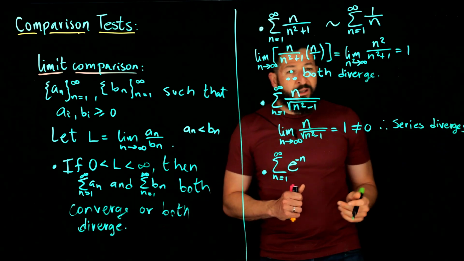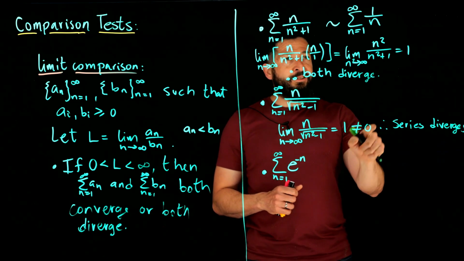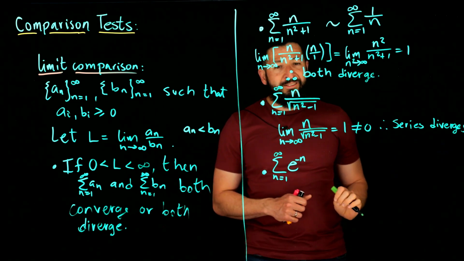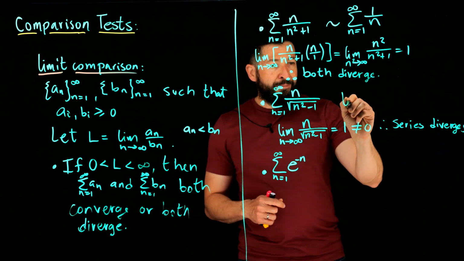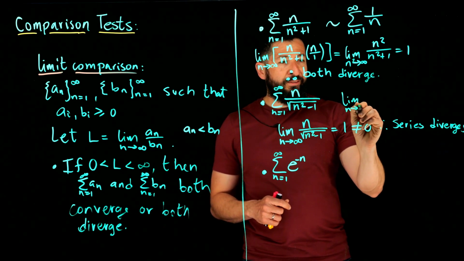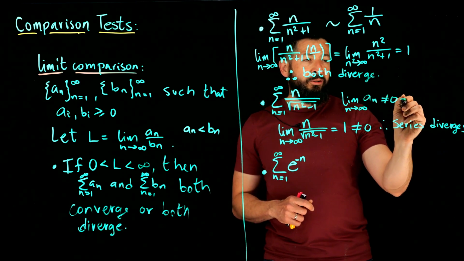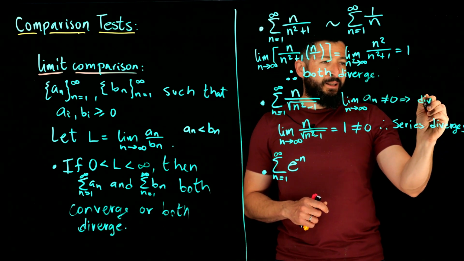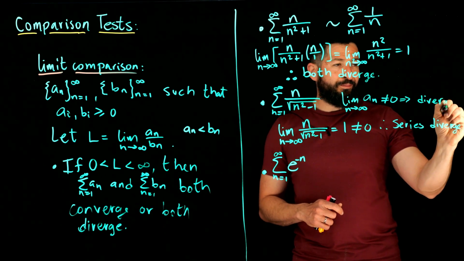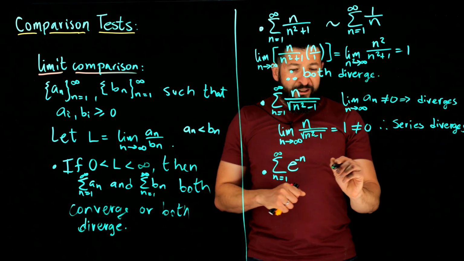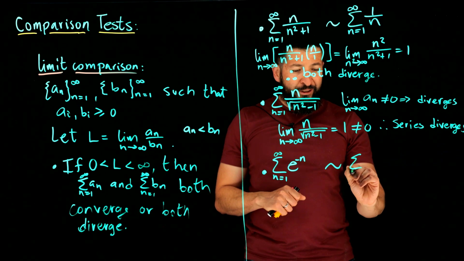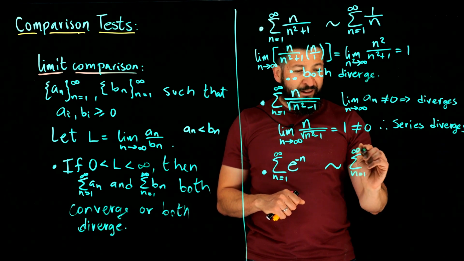So that one is the divergence test. This is not the limit comparison test, because when you take the limit as n goes to infinity of just a_n, and if that is not equal to 0, you know that you have divergence right away, that your series diverges. All right, so here I'm going to compare it to the sum of n equals 1 to infinity of